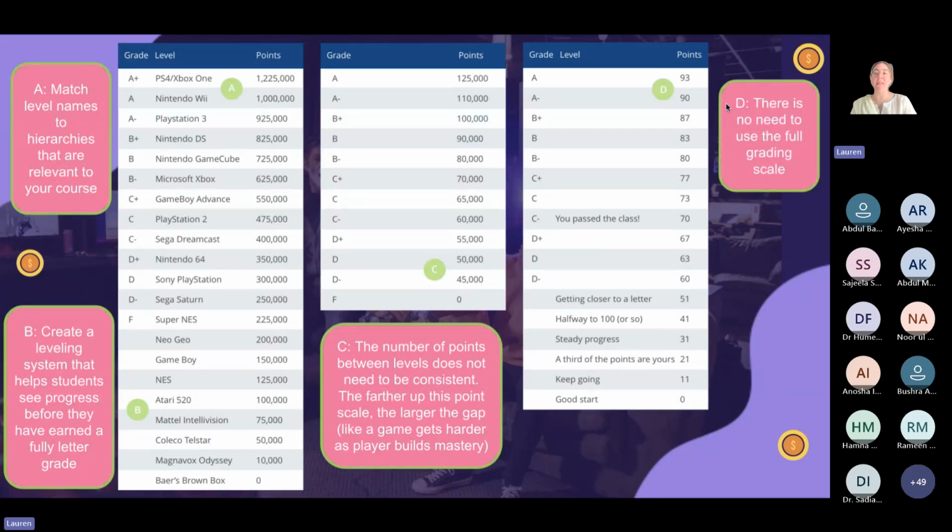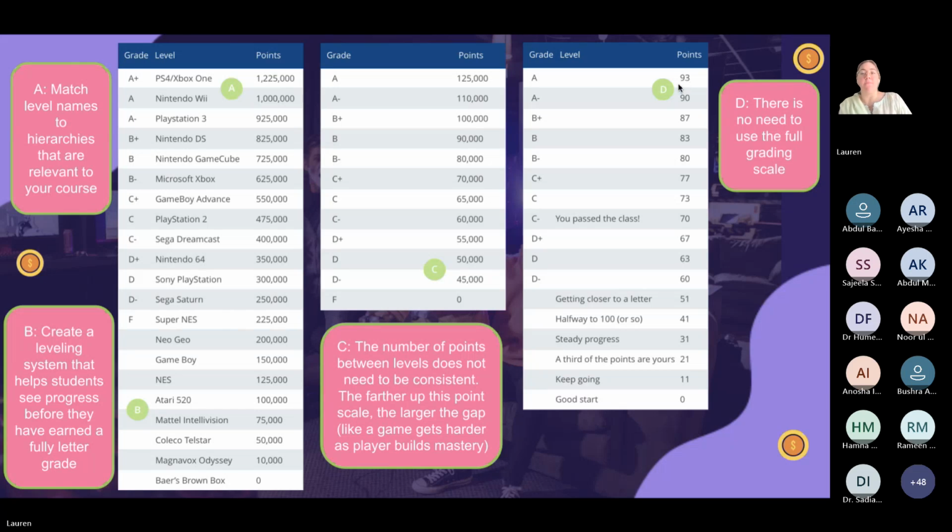And then finally, there may not be a need to use the full grading scale. So these points cap at 93 rather than 100. And this is just a decision that this teacher made because of, I guess, the way that the assignments were weighted, the number of points available for each assignment.